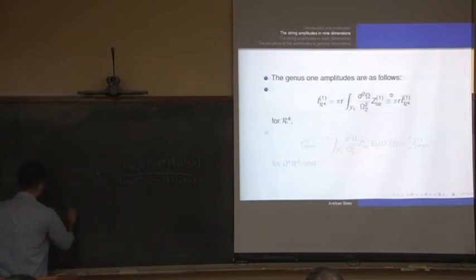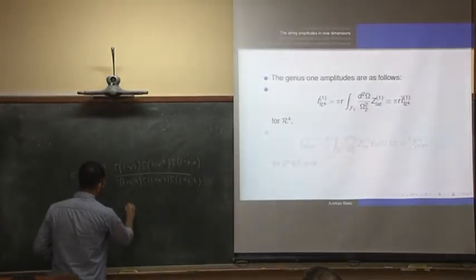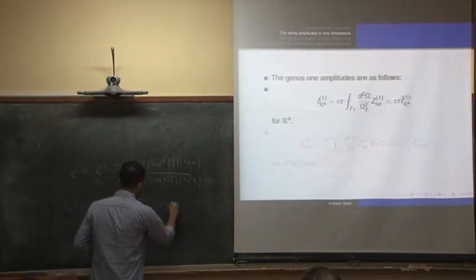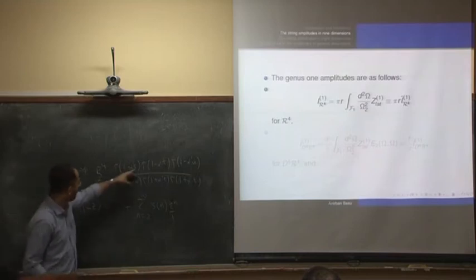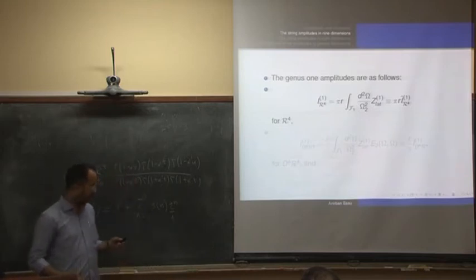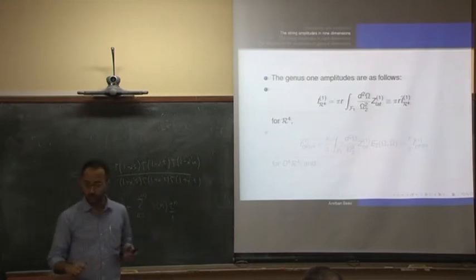What happens is you use this formula: log of gamma 1 minus z is the Euler-Mascheroni constant plus a sum over zeta values, from the Taylor expansion. Then you expand, and only odd powers of theta appear, rather than both plus and minus signs. So the four-graviton amplitude has only odd zeta values. And in fact, the remarkable thing is that there are no multiple zeta values which come up. These are all ordinary Riemann zeta functions.